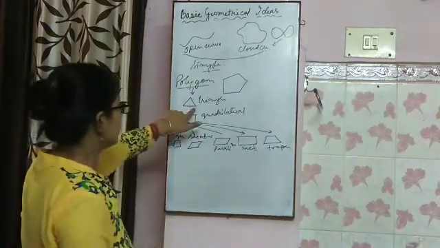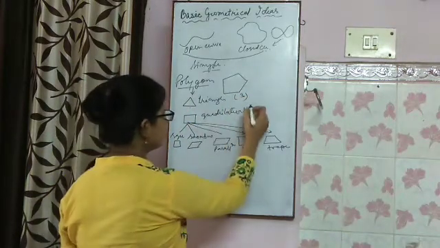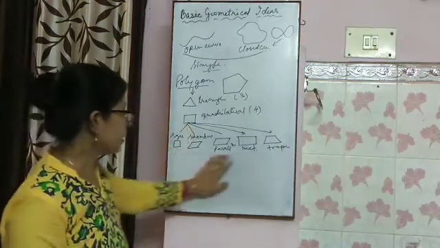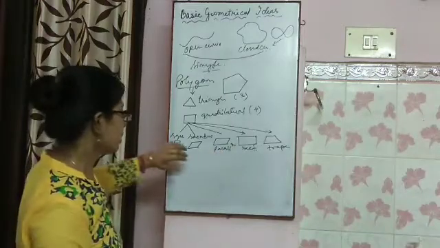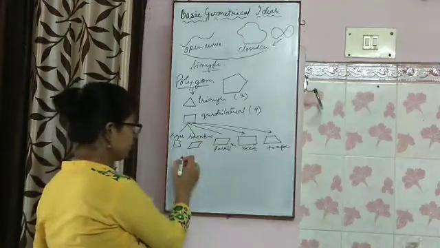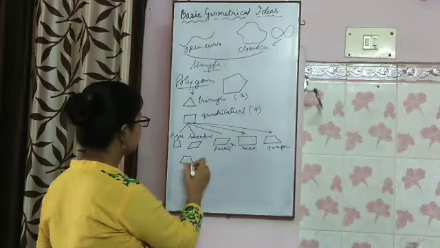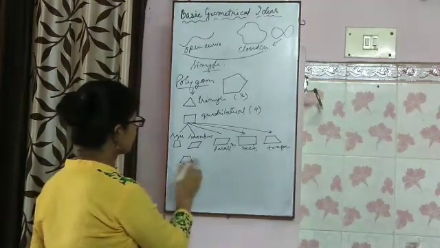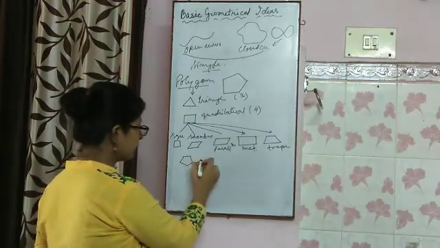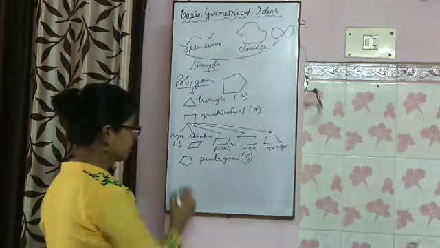So why is it called a triangle? Because it has 3 sides. A quadrilateral has 4 sides. And these are the patterns of quadrilaterals. Specific names are given for the different shapes. Now, if a figure has 5 sides, but regular means all 5 sides must be equal, 5 sides, then it is called a pentagon. So a pentagon has 5 sides.